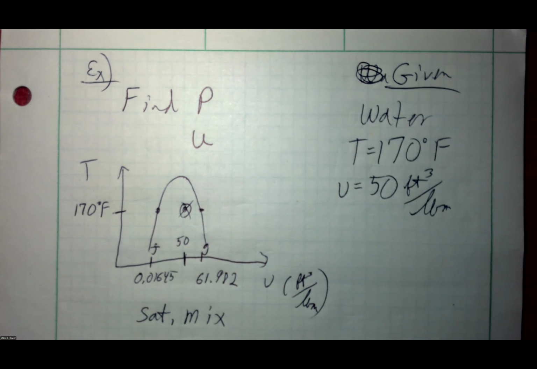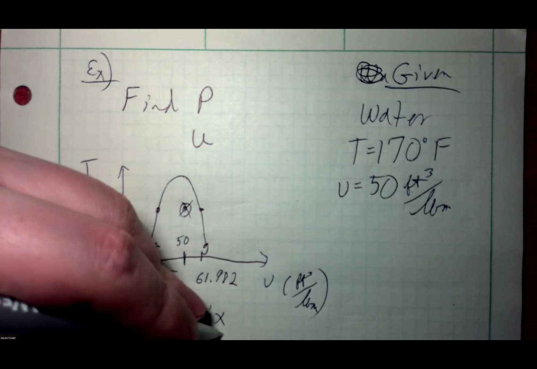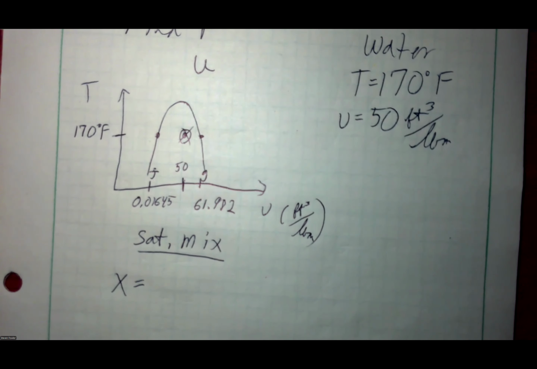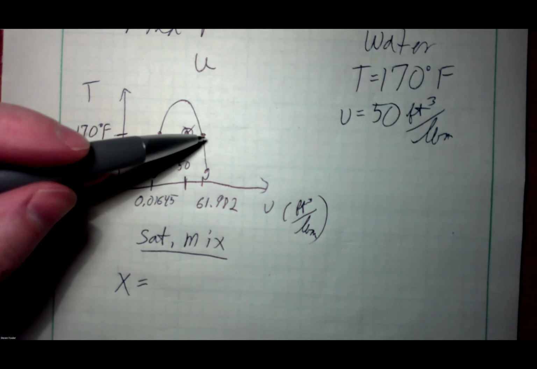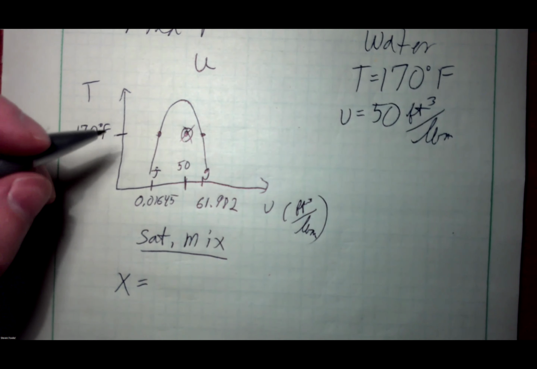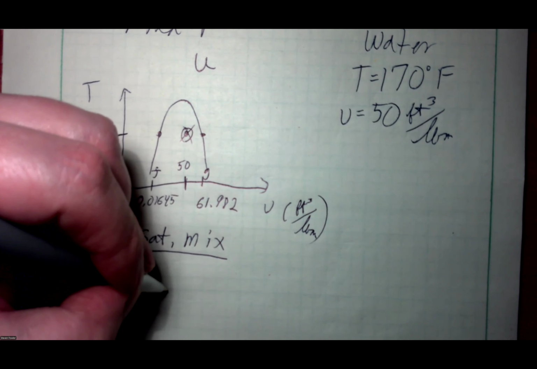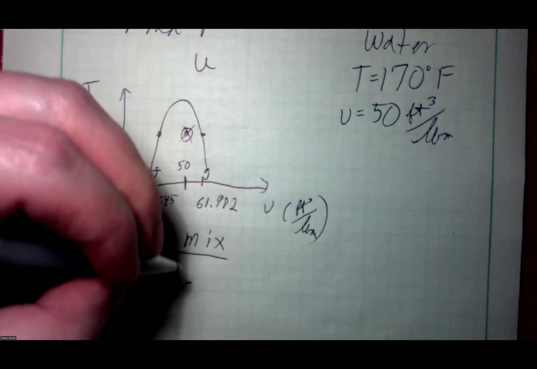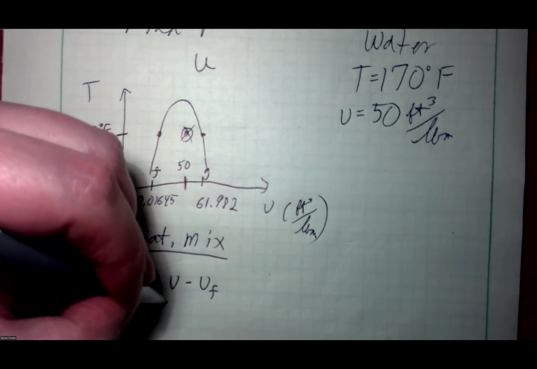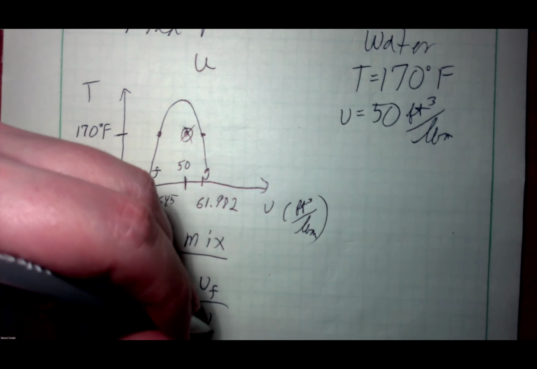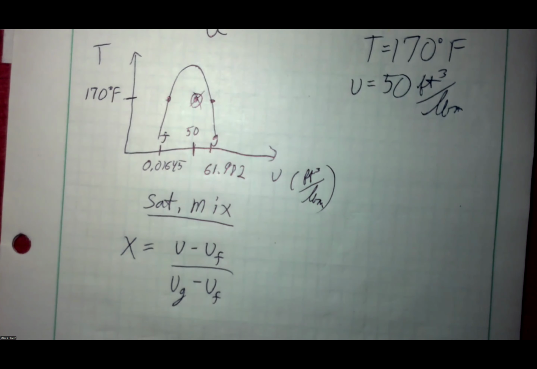If I have saturated anything, I'm going to have a quality value. The X value only makes sense if I'm from here to there and anywhere in between. Otherwise, the quality value is garbage. It doesn't mean anything. Don't bother calculating it. And we said the formula looks like this: my given specific volume, which I know, minus the specific volume for saturated liquid, divided by the specific volume for saturated vapor, minus the specific volume of saturated liquid,